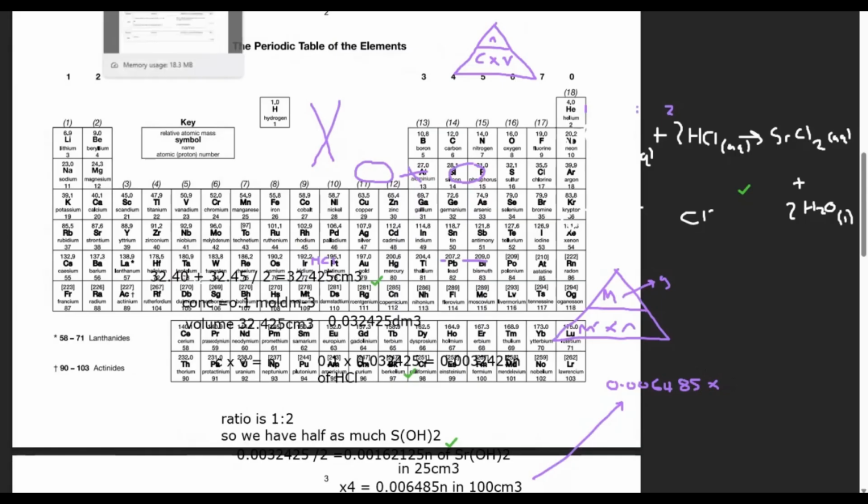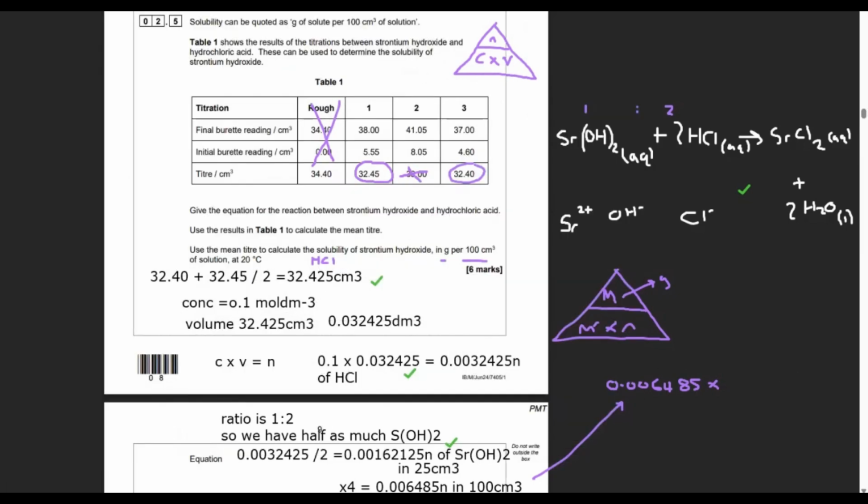Okay, so we're going to times this by bracket 87.6 plus 17 times 2. So let's do that. Times 87.6 plus 34, close bracket, and that equals